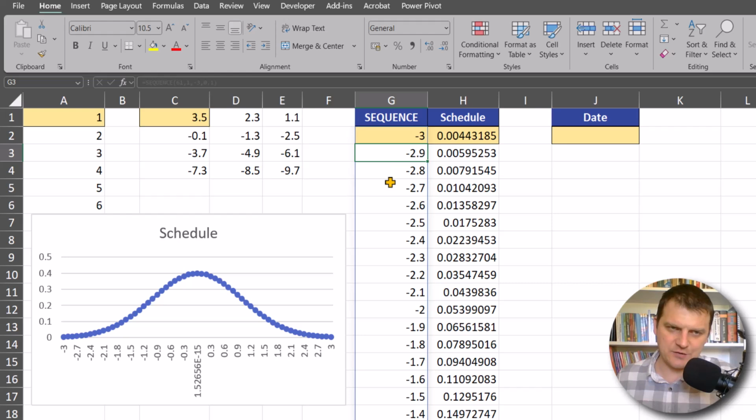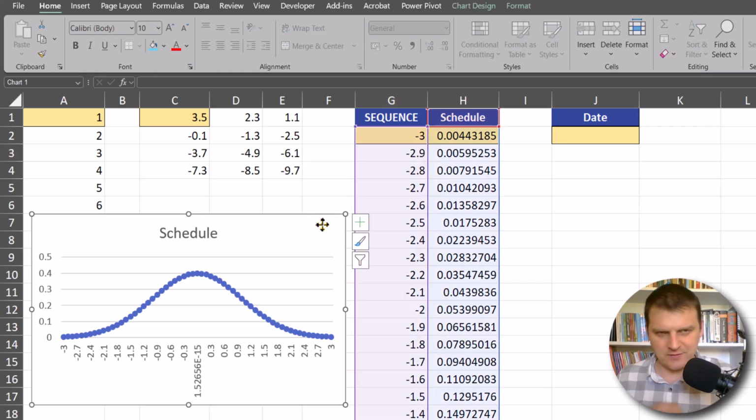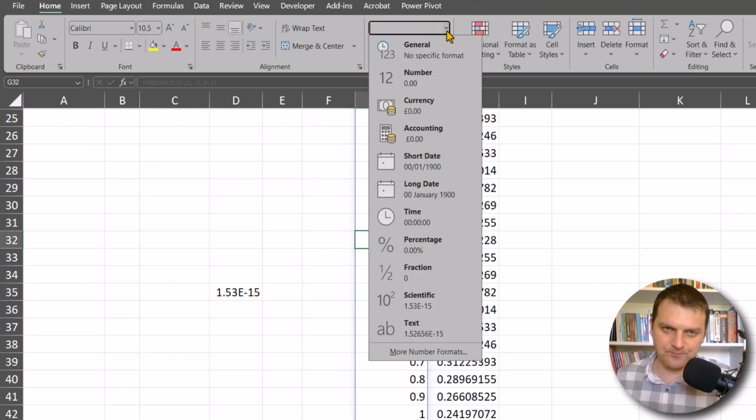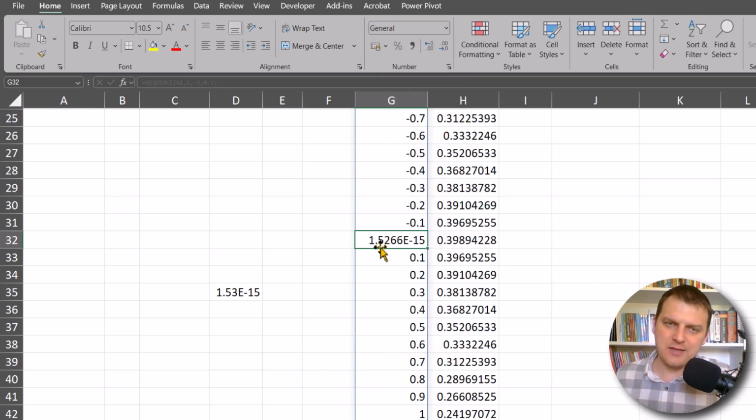And in such a manner our sequence on the chart looks a bit off because we don't have an exact 0 value. We have some scientific number format because it's almost 0 but not quite. And sometimes when we create sequences we will see such a small number, a small difference on the very far digit